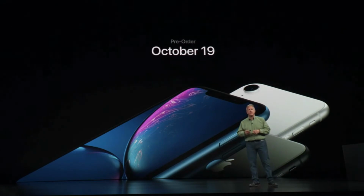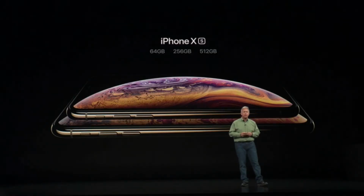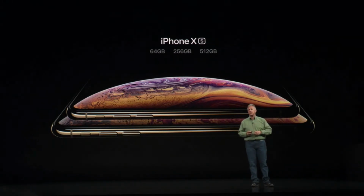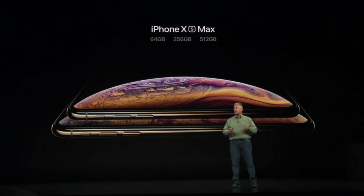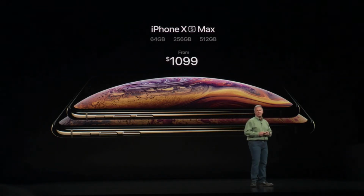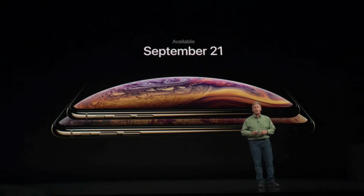You can order it in just over a month, October 19th, and it'll start to ship a week later than that, October 26th. iPhone XS will come in 3 configurations, 64 gigs, 256 gigs, and that new 512 gigabyte storage capacity. It starts at $999. An iPhone XS Max, same 3 configurations with its larger screen, larger battery, will be just $100 more, starting at $1099. So iPhone XS and XS Max, you can start pre-ordering on Friday, September 14th, and they'll ship a week later,